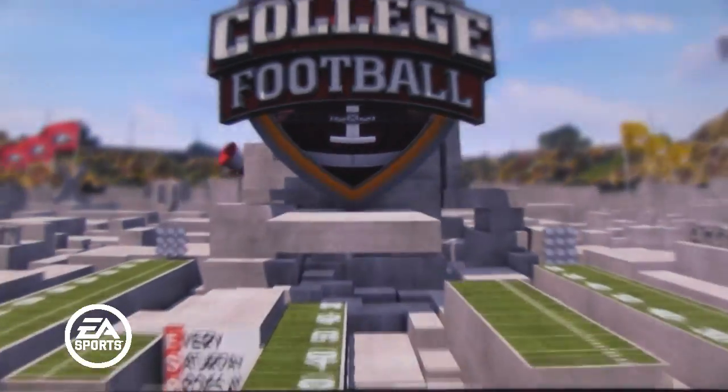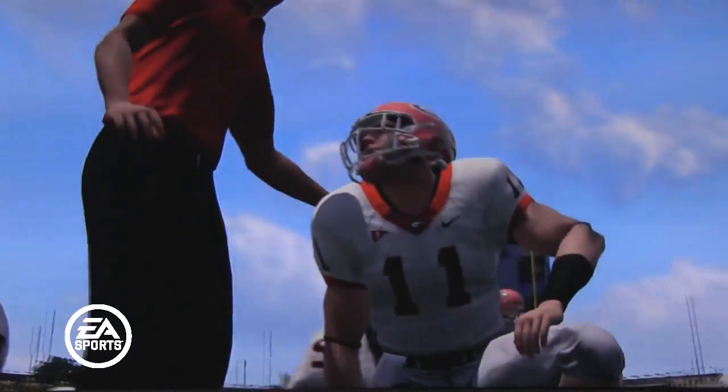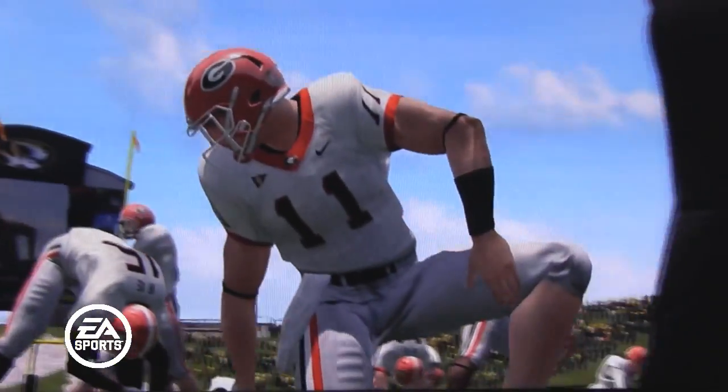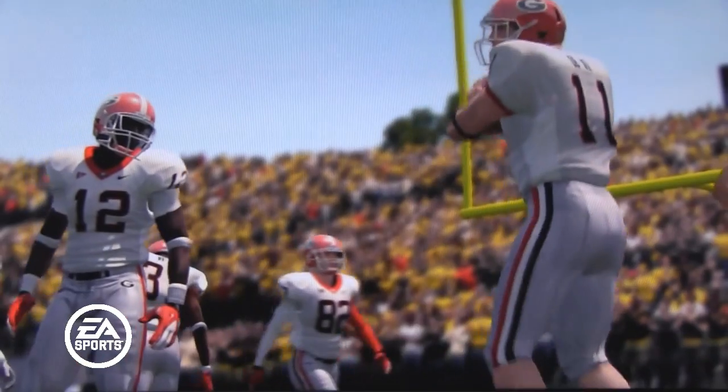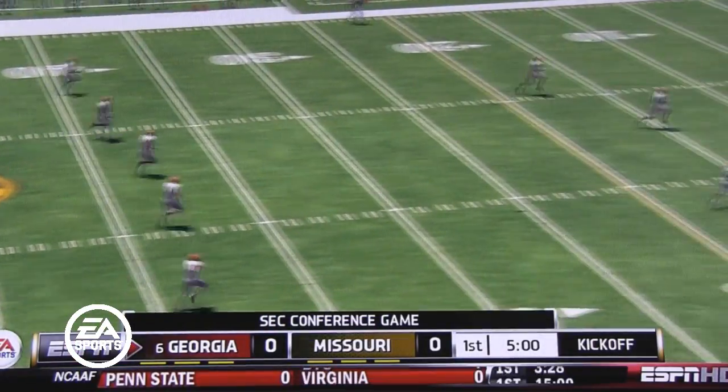Hello everybody, this is the Mad Scientist, EA Sports Game Changer, and I am here with Ben Haumiller, producer for NCAA Football 13. So we're here to talk about studio updates, one of the new features of NCAA Football 13. So Ben, tell us a little bit about studio updates and how it makes Dynasty more of an immersive experience. Yeah, studio updates are the biggest thing we've done to Dynasty presentation in a long